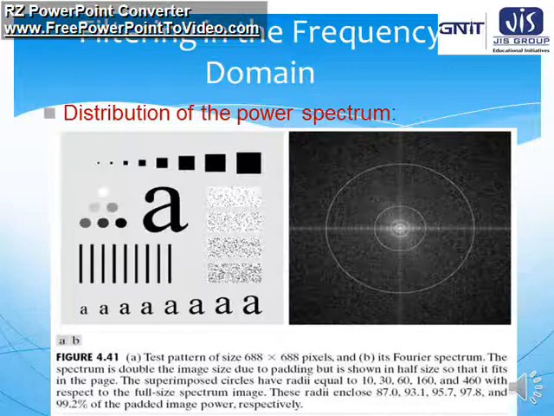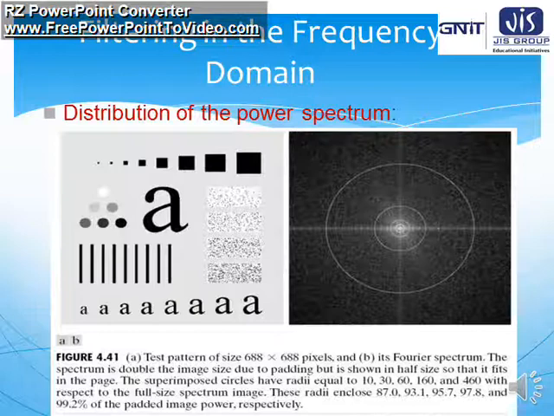Here we can see the distribution of the power spectrum in the image. We can see the test pattern of size 688 by 688 pixels, and the image on the right side is its Fourier spectrum. The spectrum is double the image size due to padding, but is shown in half size so that it fits in the page. The superimposed circles have radii equal to 10, 30, 60, 160 and 460 with respect to the full size spectrum image. These radii enclose